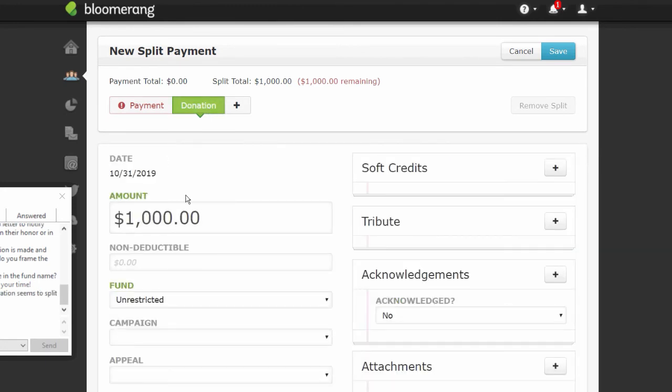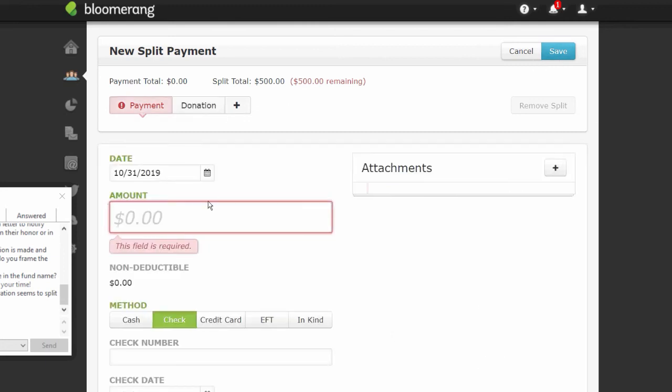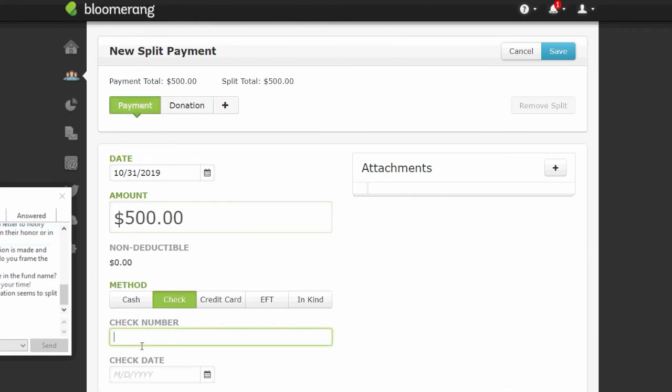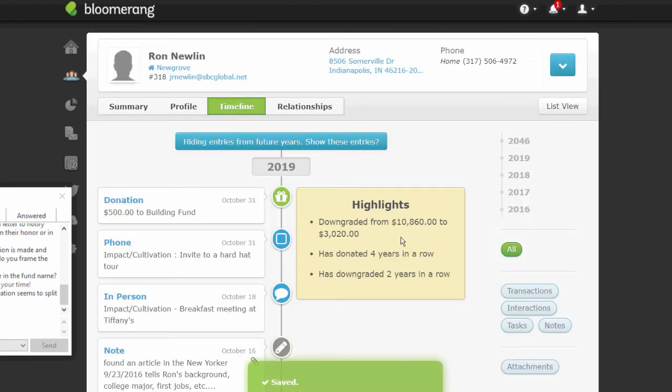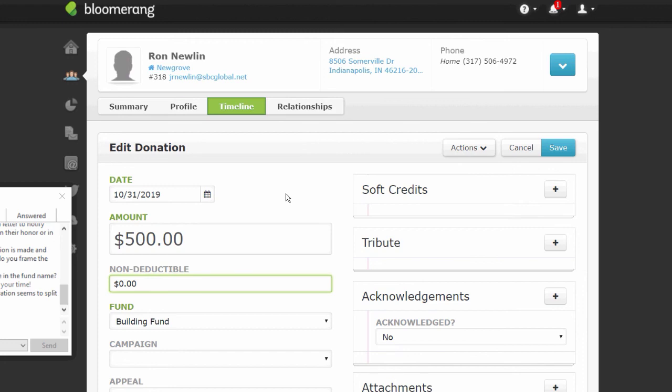Yeah, here we go. So split total is 1,000. This amount is 500 to the unrestricted fund. $500 remaining. The other $500 is as a donation now to the building fund. And now we've got, well, when we split,